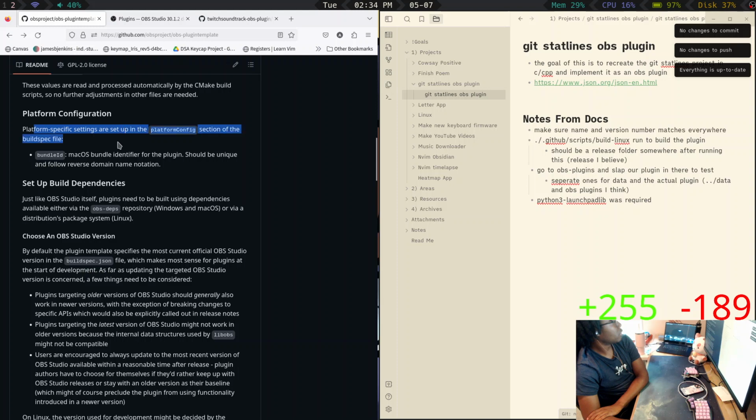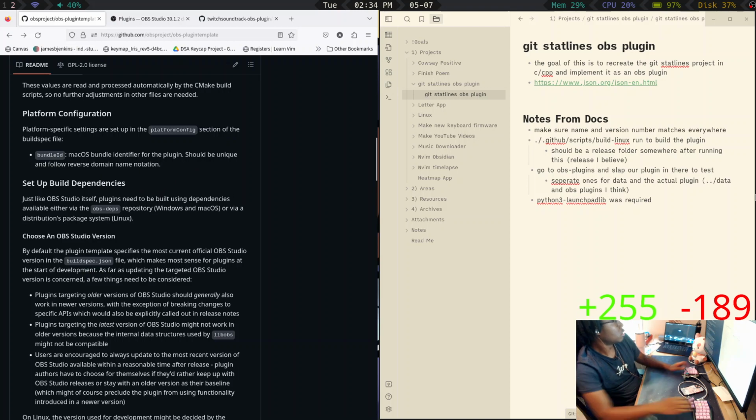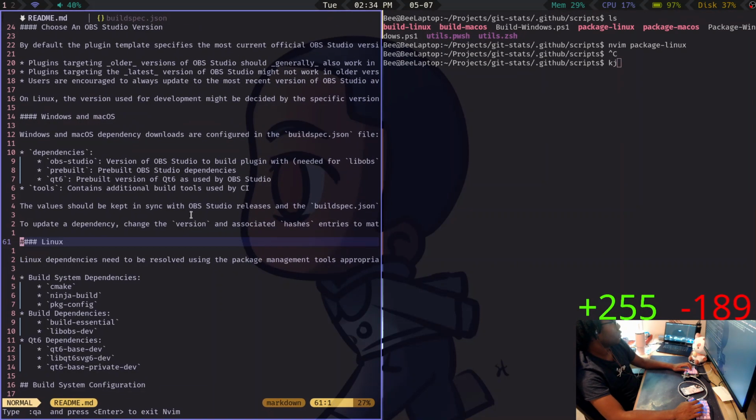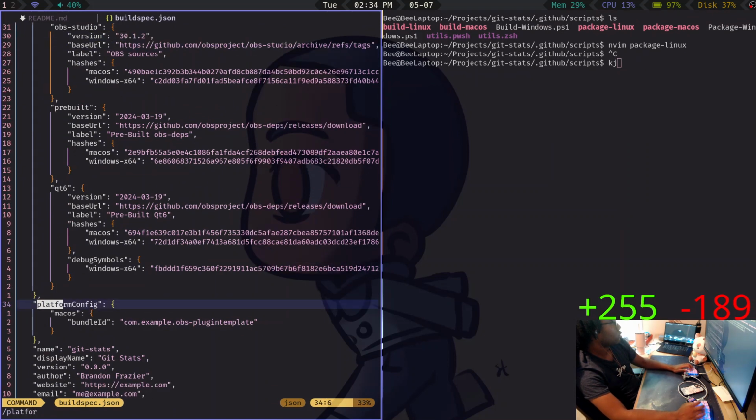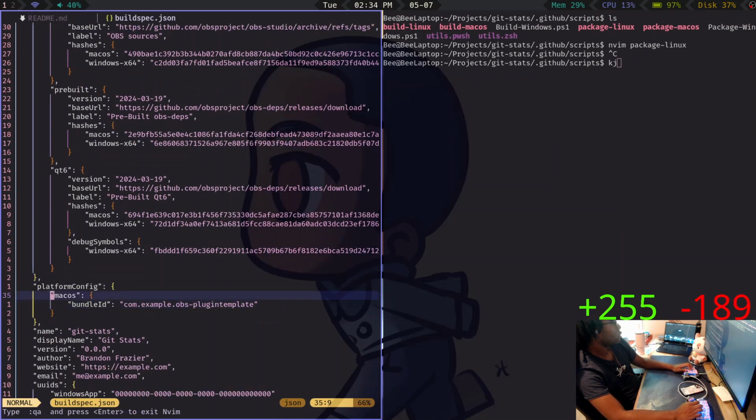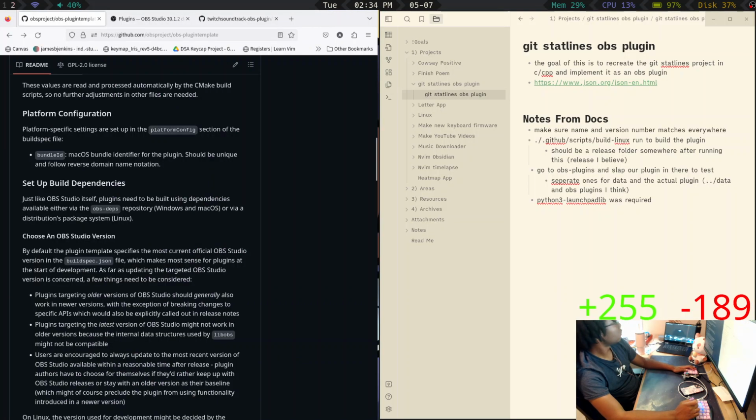Platform configuration, platform fig. Oh, I see.